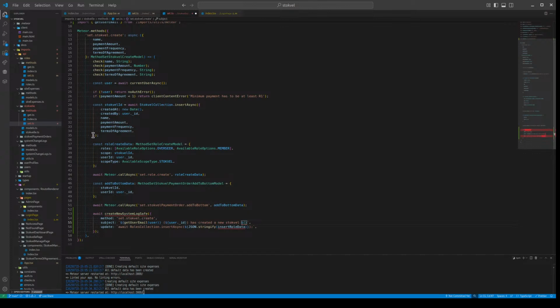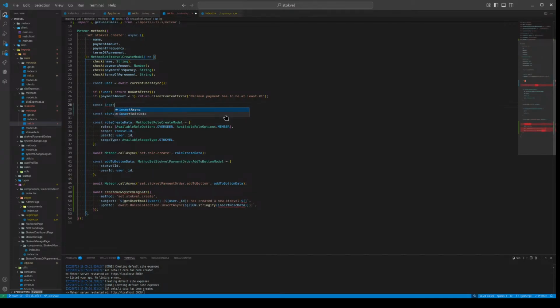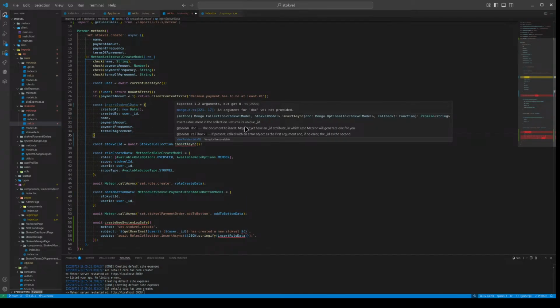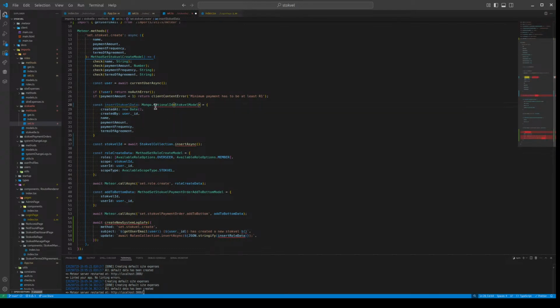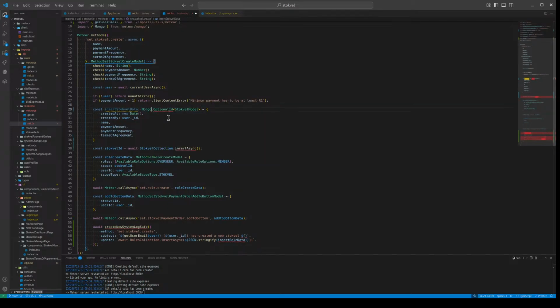and we're going to have to put these things in there as well. I see there are two inserts, but they are calling multiple awaits here for other things, but that's fine. So let's go here, const insert stock file data, make it like that, and then just copy this type here and throw it on here. Go Mongo, import that, throw that there,